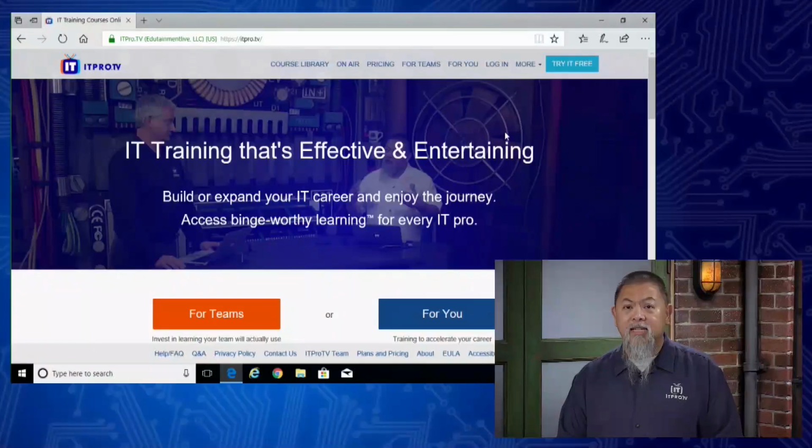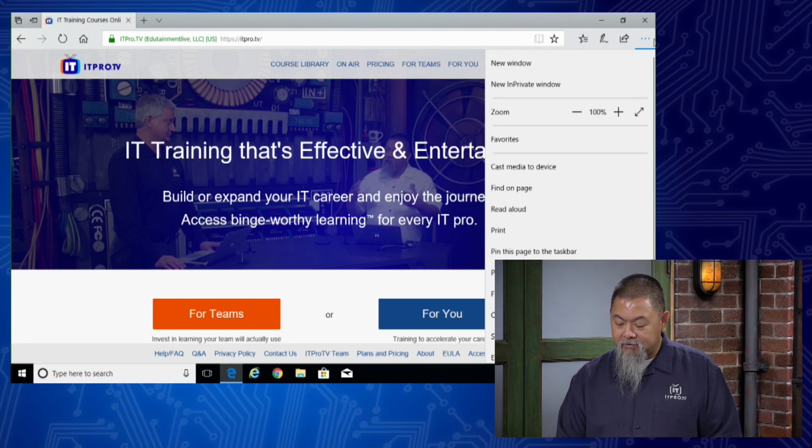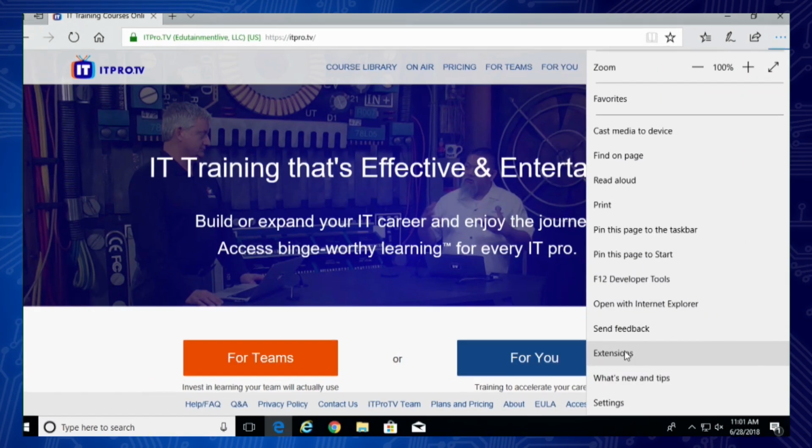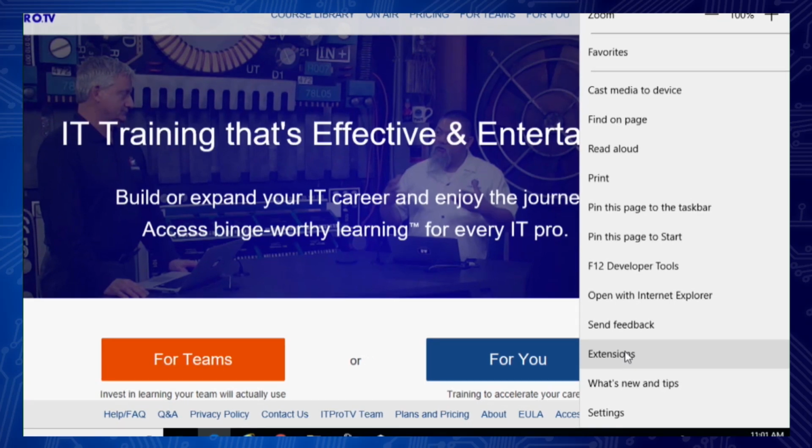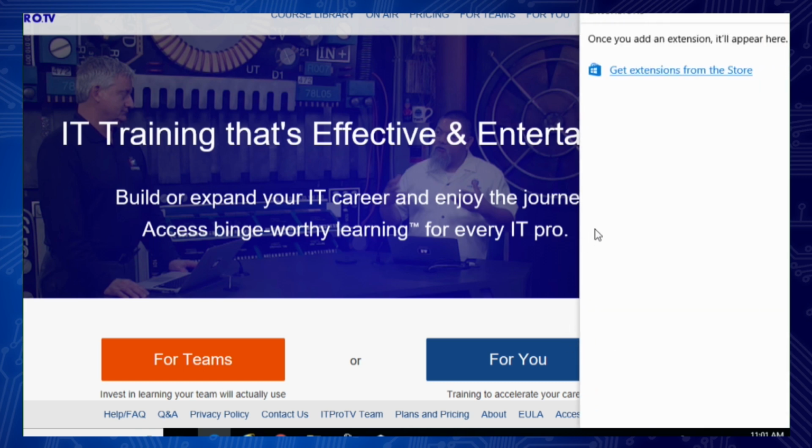So let's take a look once again at Edge here. That will help us out. If I click on the little button here, then what I want to do is come down, and Microsoft calls theirs extensions. Sometimes you'll see the other places. I think Google calls theirs add-ons for one reason or another, but in my head, I can check that.